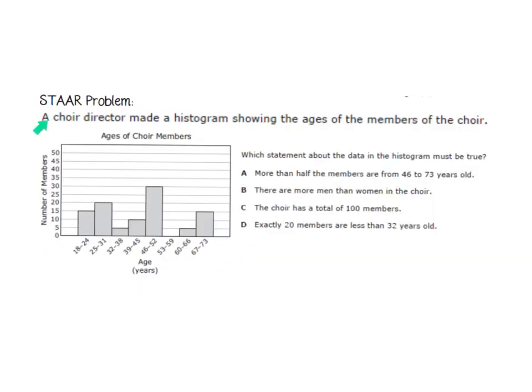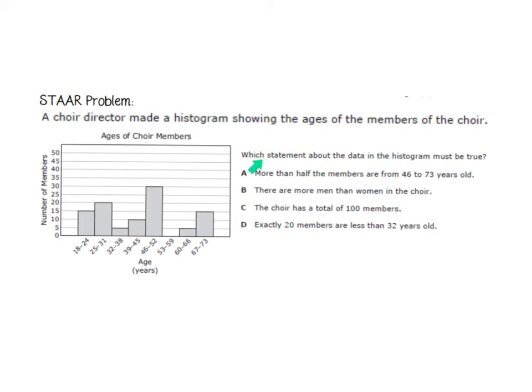Here's a star problem for you. A choir director has made a histogram showing the ages of the members of the choir. So always read your graphic. The title is Ages of Choir Members. We have our ages along the x-axis and number of members along the y, and I see they're going in increments of 5. So once you read the graphic, when you have an ABCD test, you always read the